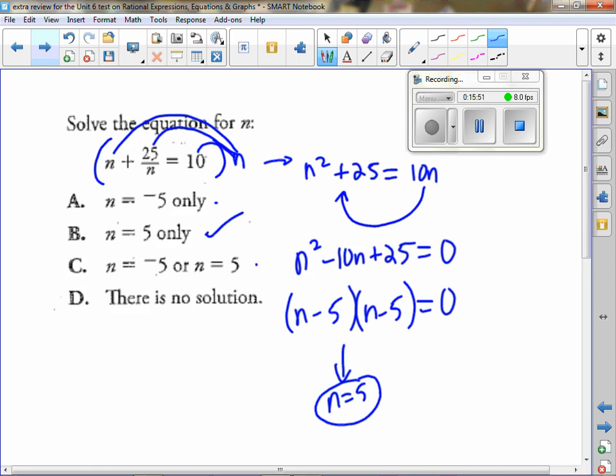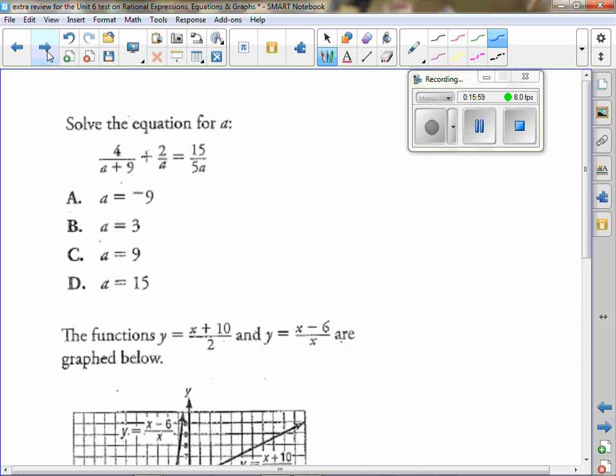Also, you have to think to yourself, are you allowed to put a 5 here? And that would be perfectly fine. It doesn't make a 0 in the denominator. Alright, next one. So this is again the same kind of problem where I have to multiply by what I